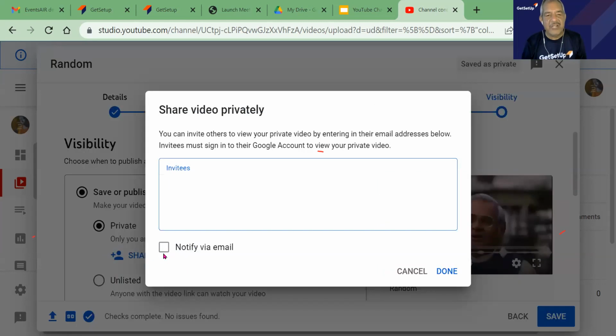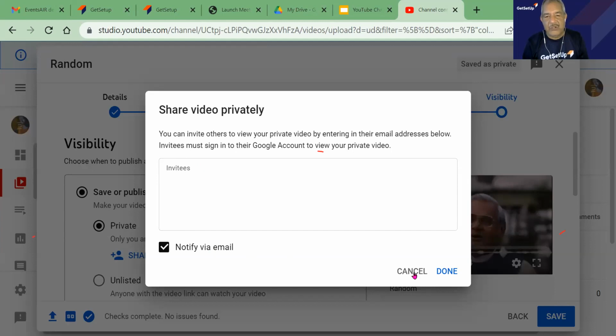When I click on share privately, I get the option of inviting people there. I can invite them from here.